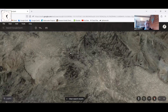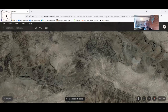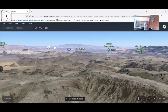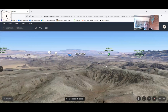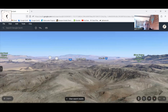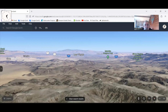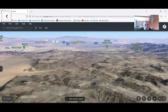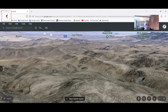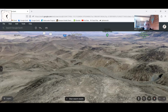I think I was looking at this little bullseye here, and my attention was drawn to this, and it turns out that this is, in fact, the highest place. This is the highest place in the whole southern McCullough range. And unlike some of these mountains, it's really just a flat topped plateau, slightly higher than the other ones. And if you look at it, having taken an interest in these white spots